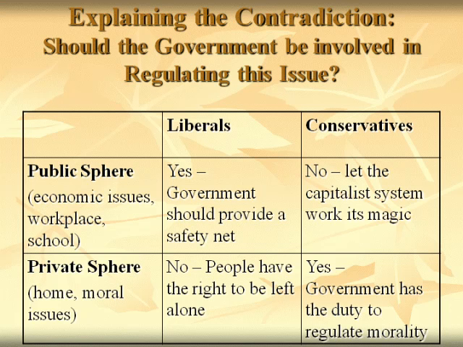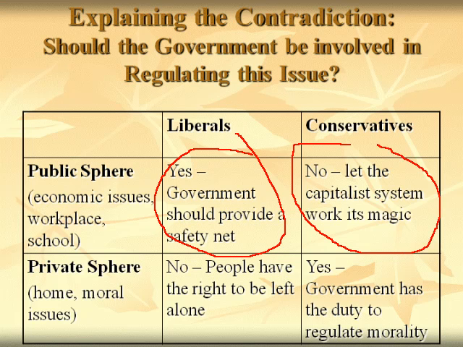The way we can break this down is that when we're looking at public issues like things about the workplace, the economic sphere, what goes on at work and school, then liberals are much happier with the role for government. But when it comes to the private sphere, the home or moral issues, then liberals think that people should be left alone. So there's a contradiction because liberals are saying, yes, there should be government in the public sphere, but not in the private sphere. Conservatives say, no, there shouldn't be government in the public sphere, but yes, in the private sphere. And so I point this out because it's a real interesting contradiction, and it can help explain some of the things that have been going on, especially in the Republican